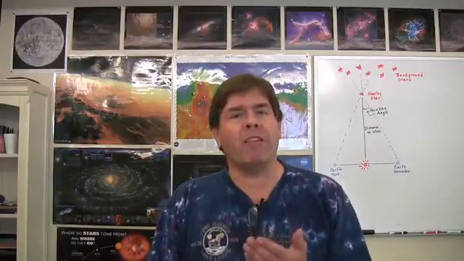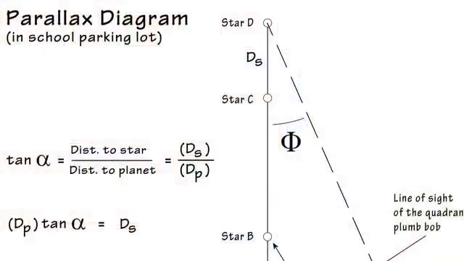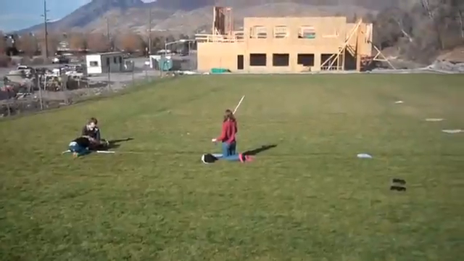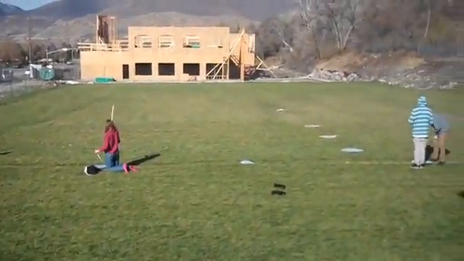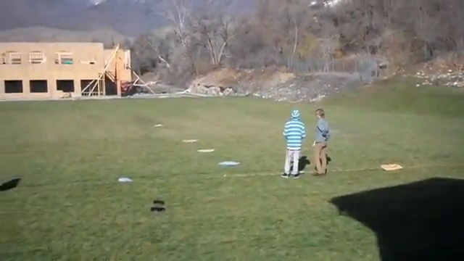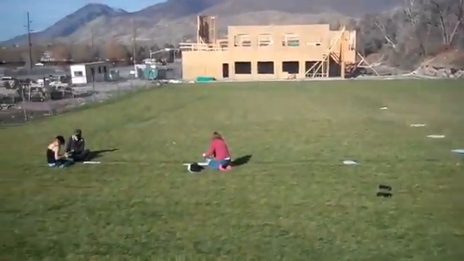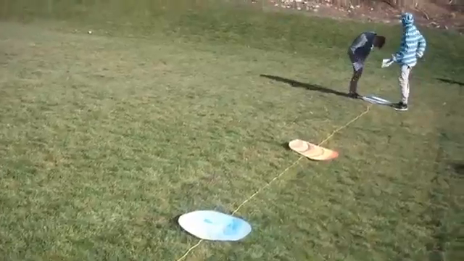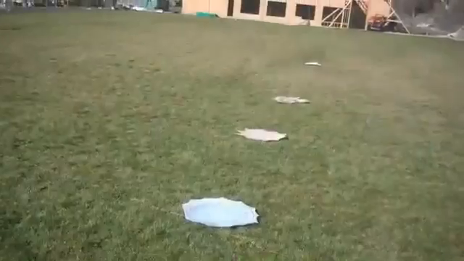Now that you've gotten the idea, let's try out the same technique on our main activity, trying to find the distances to simulated stars. Here's how you're going to do it. You'll simulate this process using a diagram your teacher has already laid out. You will divide into 6 teams, and each team will be assigned to one or more planets. 6 planets have been laid out in a line around a central star, with planet 1 the closest and planet 6 furthest away. Your teacher has also laid out 4 stars in a line perpendicular to the line of the